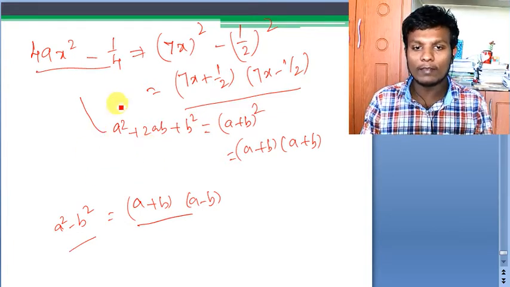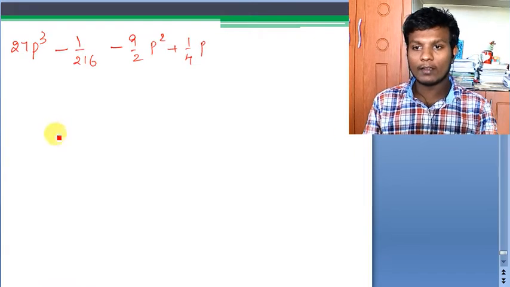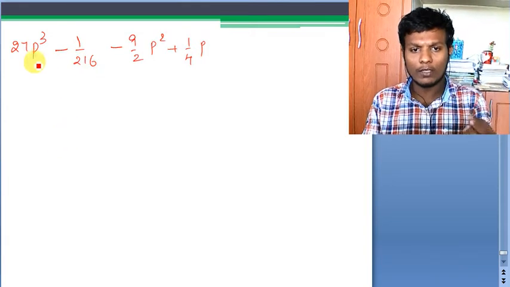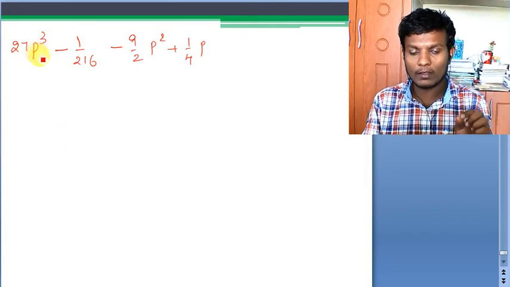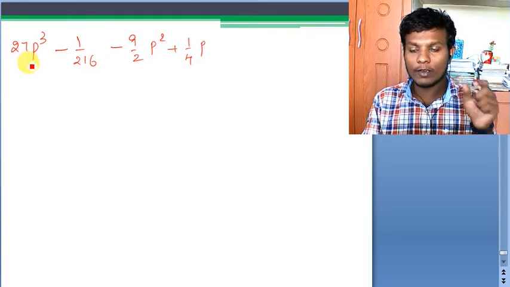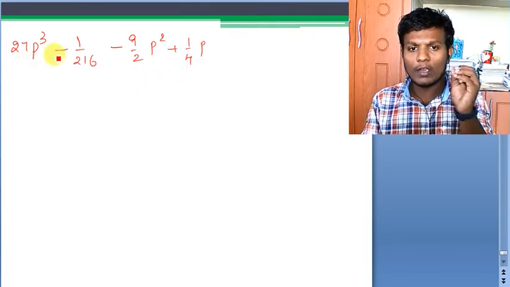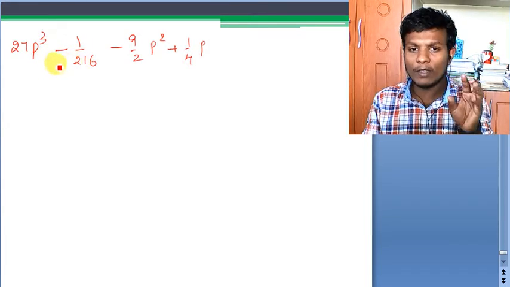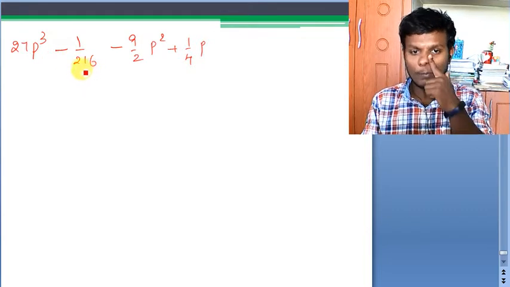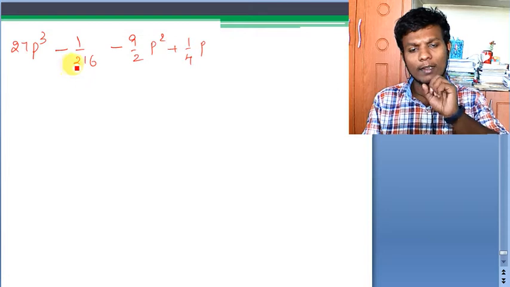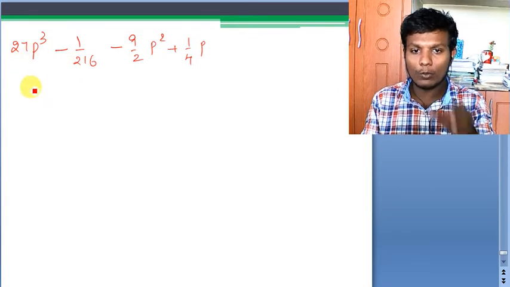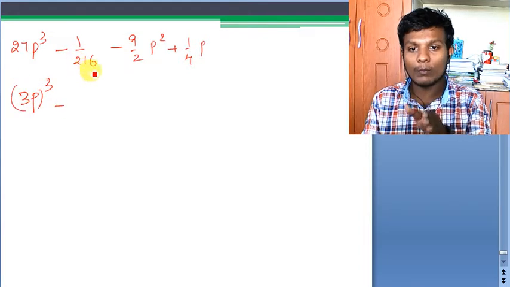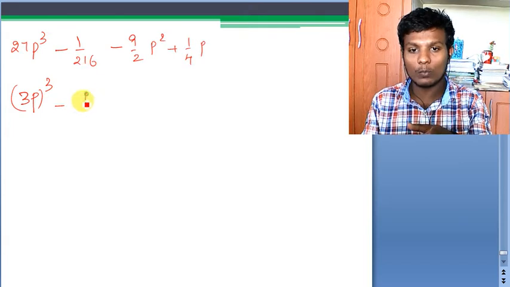Let us see more examples. Suppose I need to factorize the given expression as such. What do I have to do? First of all, think. Here I can see some cube sort of thing. In which identity's expansion will you get cubes? Definitely four terms are there, and you get cubes somewhere, and there are some minuses. So it has to be somewhere like a minus b whole cube, but it is not clearly visible. How to make it clearly visible? See, this 27p cube I will write as 3p whole cube, and this 1 by 216 I can write as 1 by 6 cube. Why?